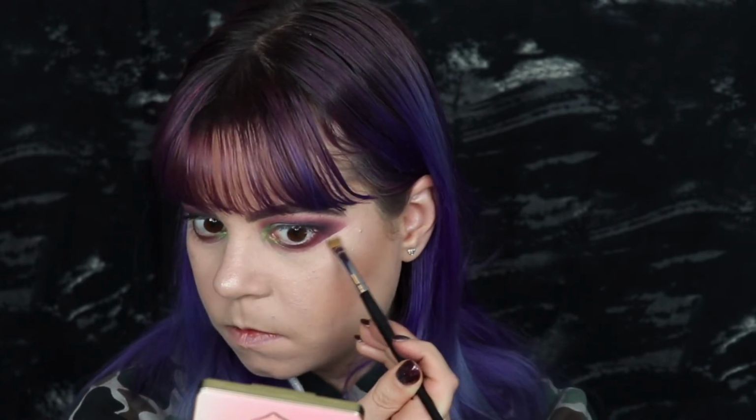Alright, I'm actually going to clean up my lines here just a tad bit more. So I'm taking a bit of concealer on my brush and I'm just gonna kind of run this underneath. And I'm just gonna take a brush and blend that gently out. And lastly, I'm going to step into a little bit of that first matte and blend this out even more. But I do want that sharp line to still be there because I think that looks